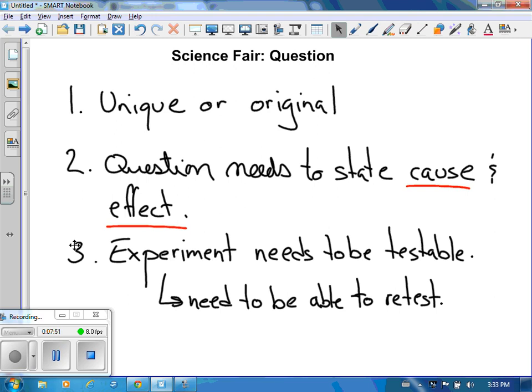If you're going to try and convince some people that this new prototype football helmet can reduce concussions, then you need to be able to share your procedure and have other people retest the experiment and hopefully come up with the same results. Again, fundamental to the scientific method, and it all starts at your question.